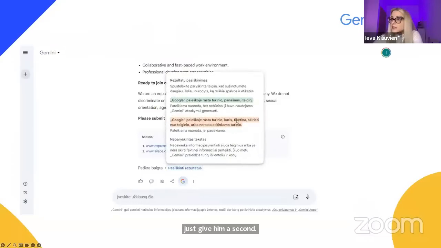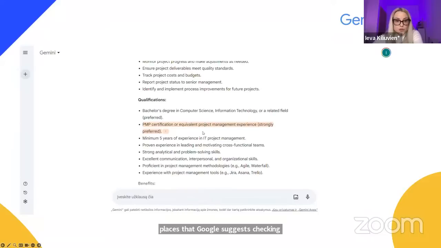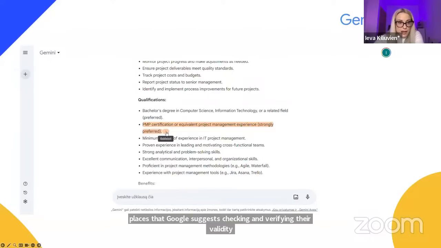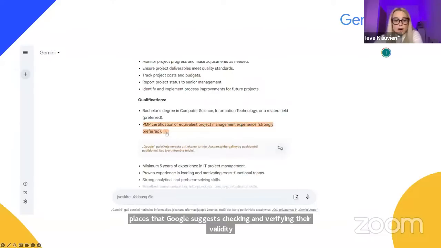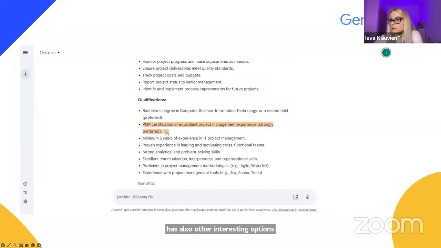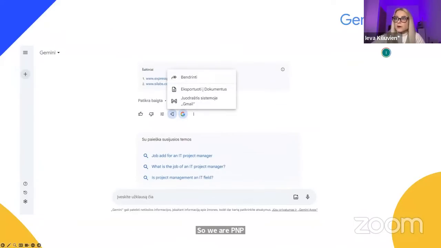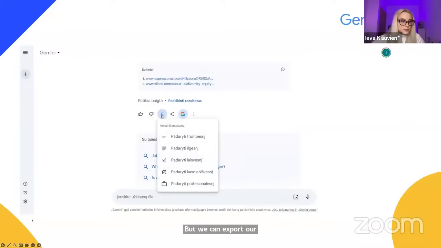Here, as you can see, areas highlighted in orange are places that Google suggests checking and verifying their validity. So Gemini has other interesting options. I'm going to show you in a moment. Here, PMP certification, and right here, this button. We can export our documents, but that's not it. This button,